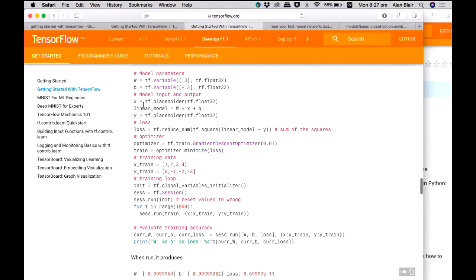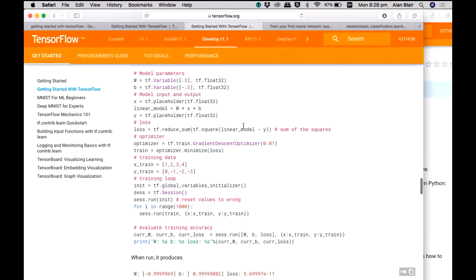And then it says that x and y are placeholders, and the linear model is w times x plus b, and then there's a loss function that's trying to reduce this sum, and the sum is the square of linear model minus y. So this is implementing the things we were just discussing in the lecture.